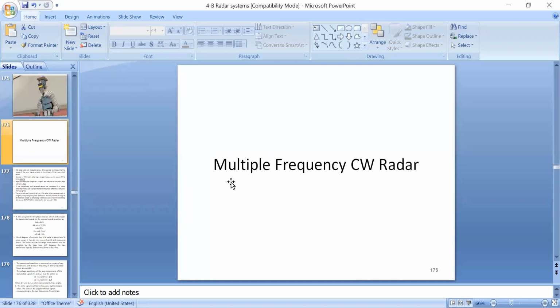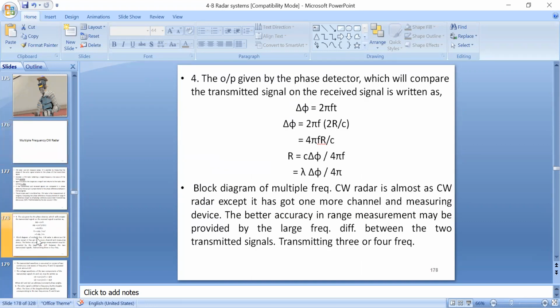Now the phase detector, which is included in the basic continuous wave Doppler radar, compares the phase difference between the transmitted signals and the received echo signals. By using that phase difference, that is the phase deviation denoted del phi, we measure the range information. How, ma'am? How is it possible? This small derivation proves how del phi provides the range information, right?